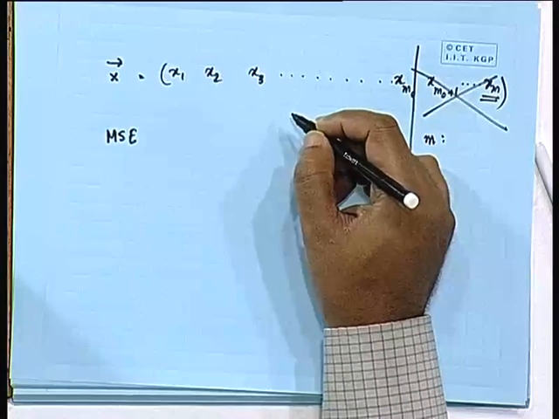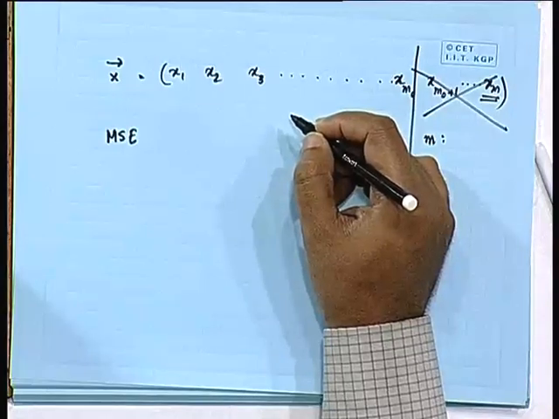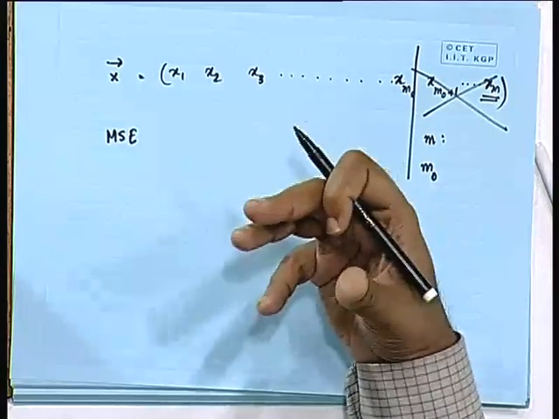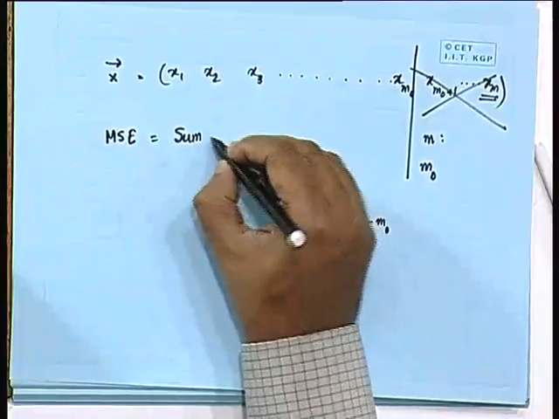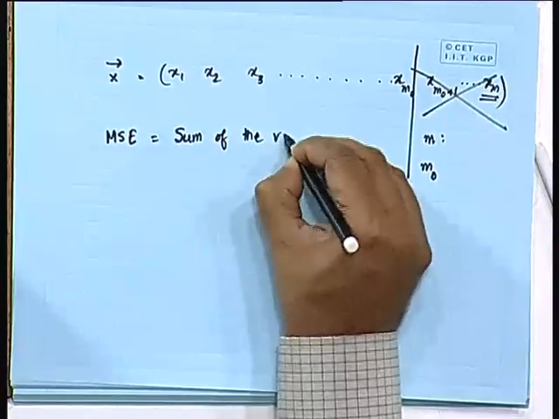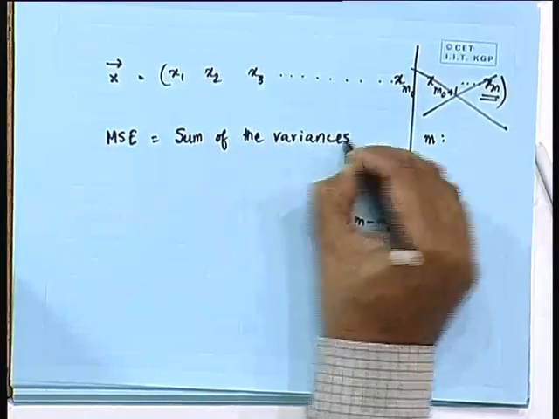If I do that, definitely what I am doing is introducing error, right? And what will be the amount of error that I incorporate in that process by simply chopping off the data mercilessly? In that case, the mean square error that I will be incurring in the data should be equal to the variance of the data which I have eliminated. So, the MSE will be equal to the sum of the variances of the elements